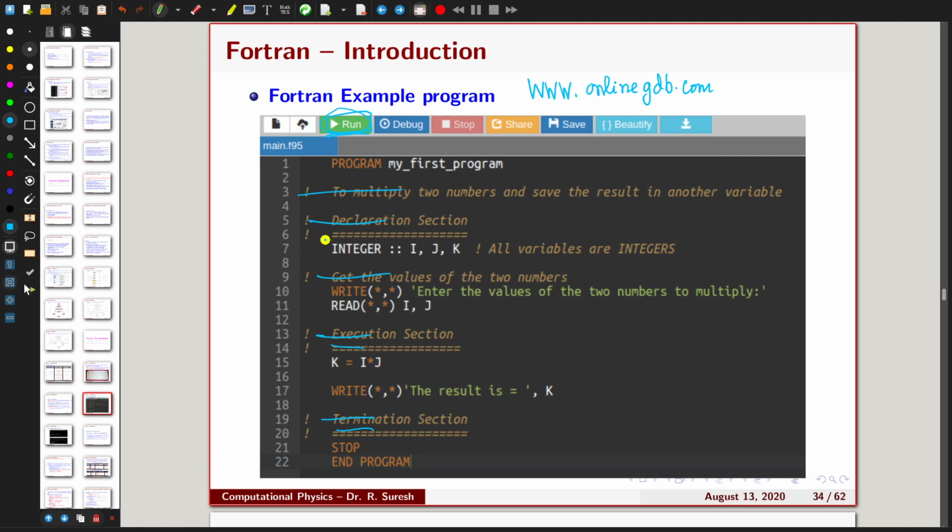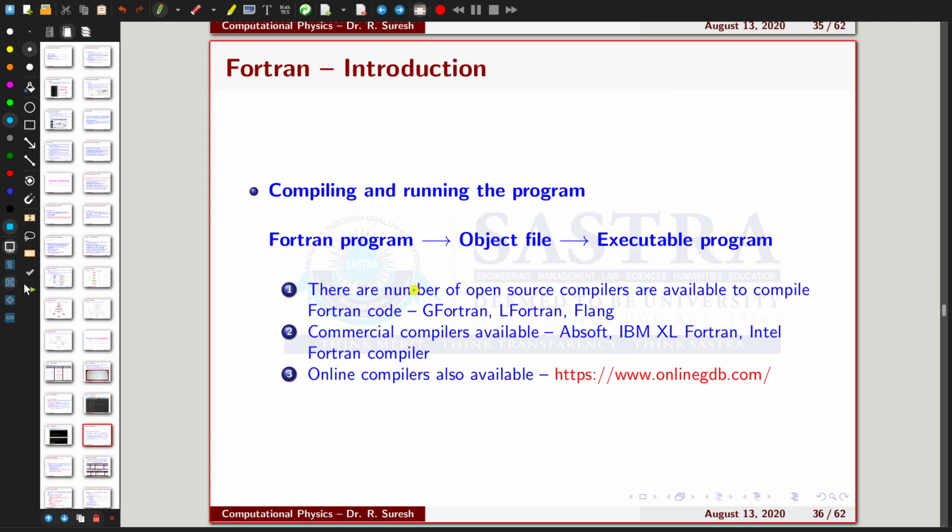One more thing is, this program will always follow a top to down approach. First this line will be executed, and then this line, further these two lines, and then the next lines will be executed. That means usually all programs are executed from top to down. In some cases you can switch and do other things using conditional statements, which we will see in forthcoming classes. Apart from that, this is the easiest and simplest example of a Fortran program, and this is the output.